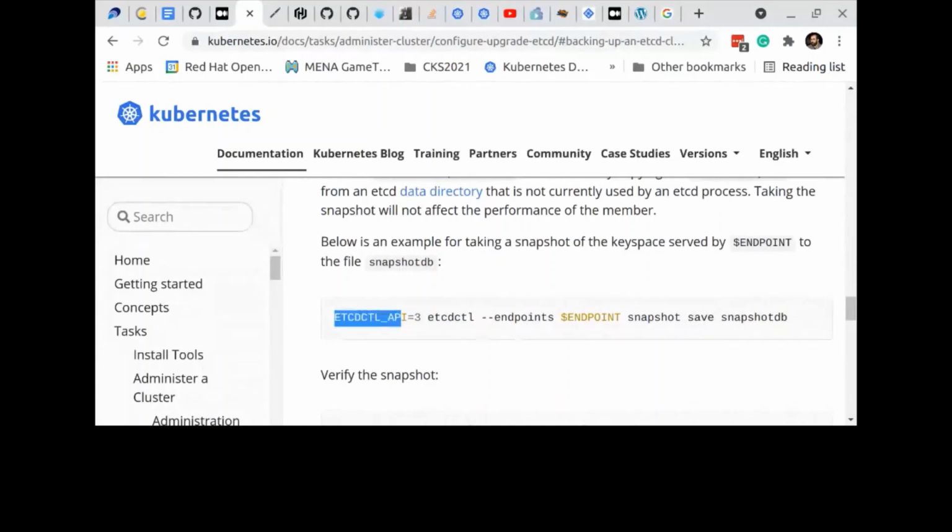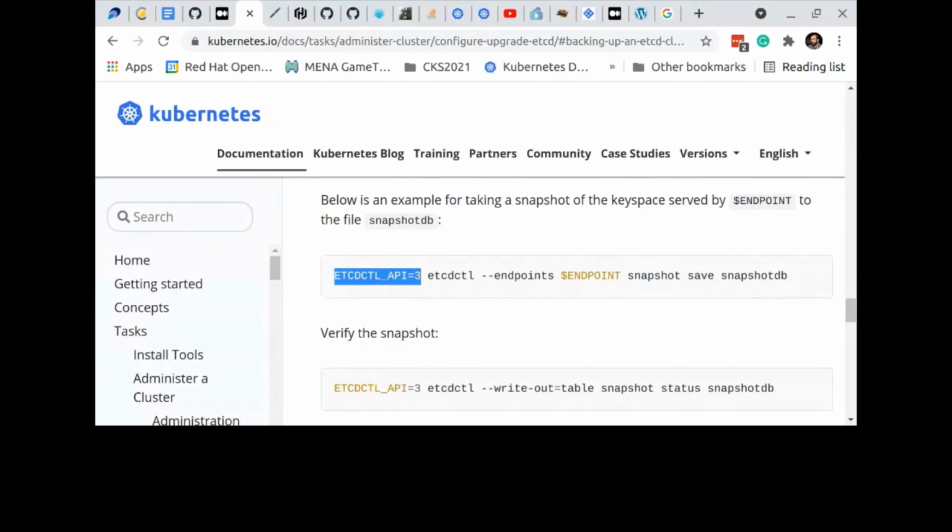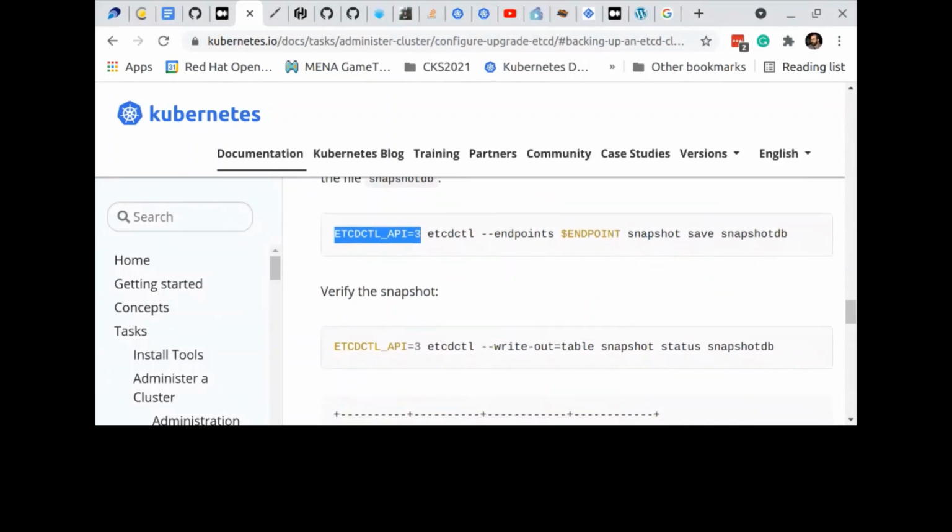And you see here, the documentation is using the environment variable. I didn't need to use the environment variable because my etcdctl is already using API version 3. I didn't need to use the endpoint because by default, kubeadm listens on the loopback address, and etcdctl expects to listen on the loopback address, so I didn't need to do it. Okay.